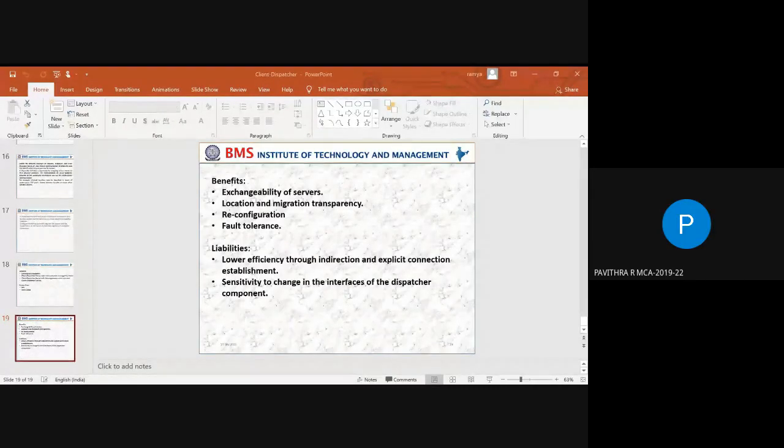Pavitra, present, ma'am. Pavitra, just wait. Ma'am, I'm checking. Deepika LG present, ma'am. I have marked Deepika. Rizwan present, ma'am. Yes, I have marked. Okay, ma'am.